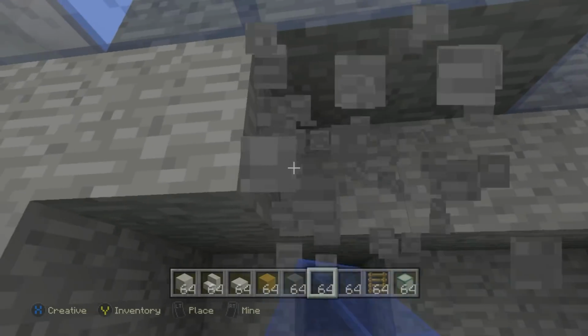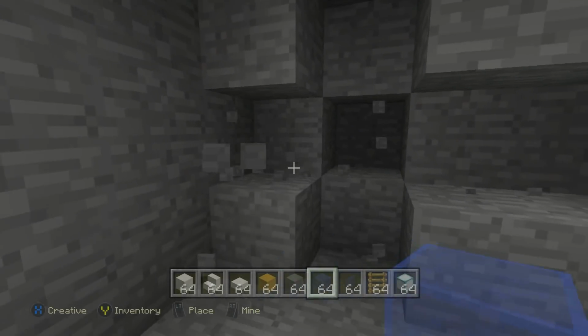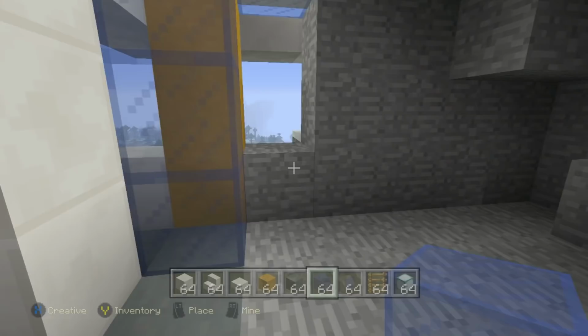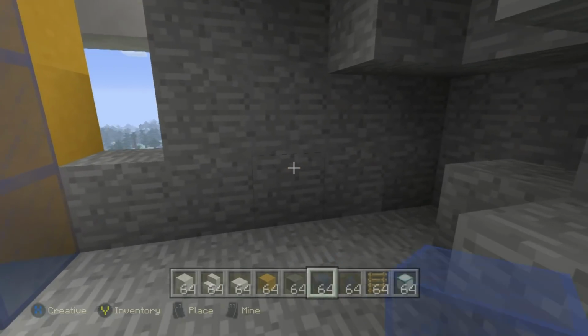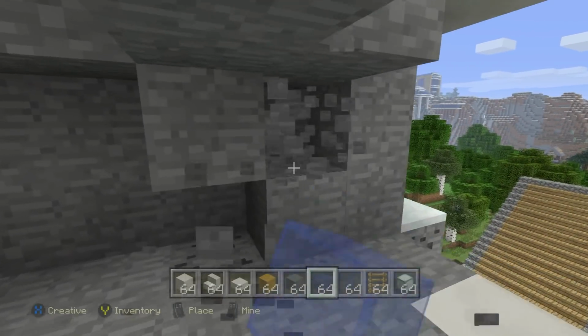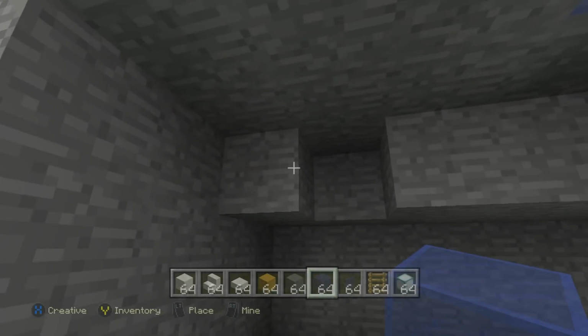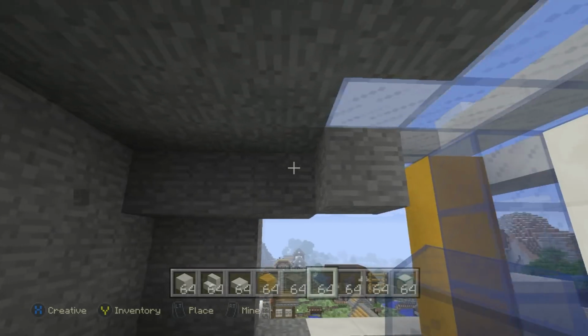Guys, however big you want this house to be is kind of up to you, but I think that a decent amount of space for this house is to have like 5 rows, like a row of 5 to walk backwards into, so like 1, 2, 3, 4, and 5, so about this far back. I think that it's a nice, decent amount of space for a starter house. Of course, you can change this. Like I said, you can make this bigger, you can make this smaller, you can do whatever you want